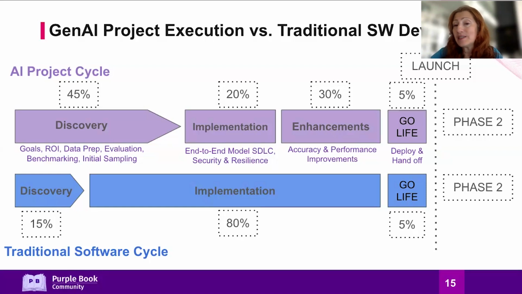And then the enhancement phase, it can be called anything, I call it enhancement. We have the major work here done about the model, the accuracy, the performance improvement, the connection, the integration within a supply chain, and how this might be working. And then the go live, I still left it at 5%. Probably it's a little bit more because this new technology requires a little bit more training for our users, right? But if we've done a good job, this training to the user should be brief. So that's my estimation. Don't hold me to it, but the experience is quite different.